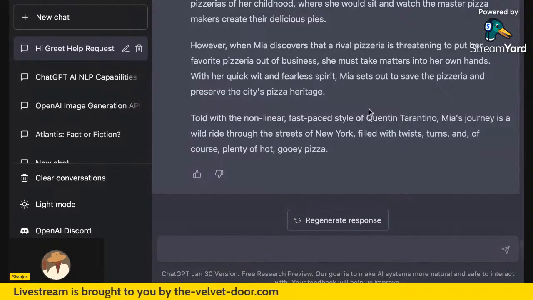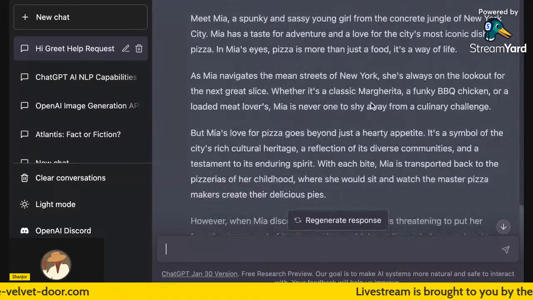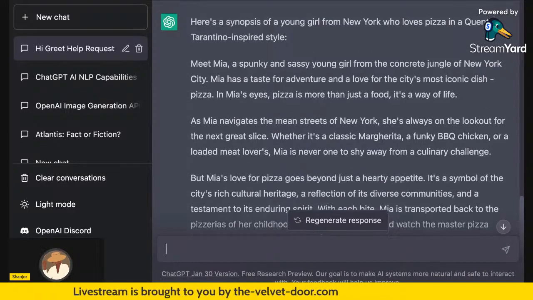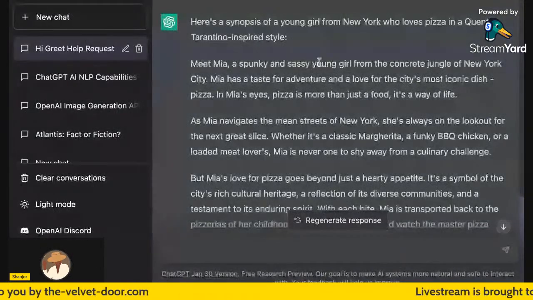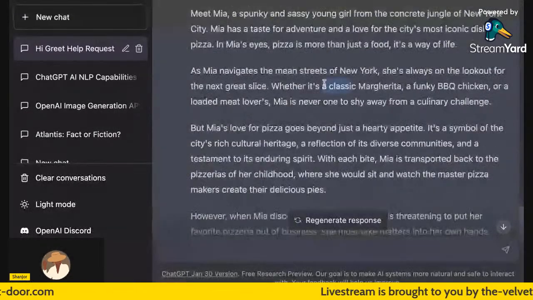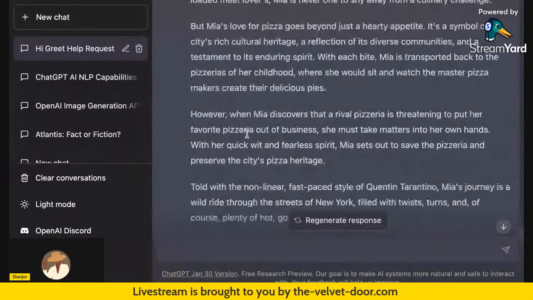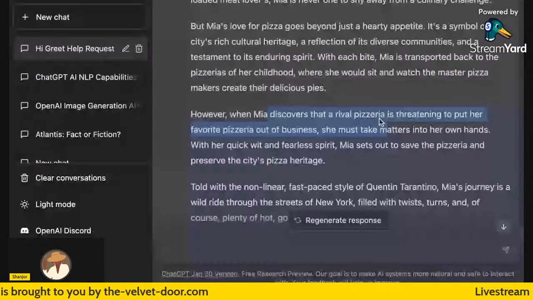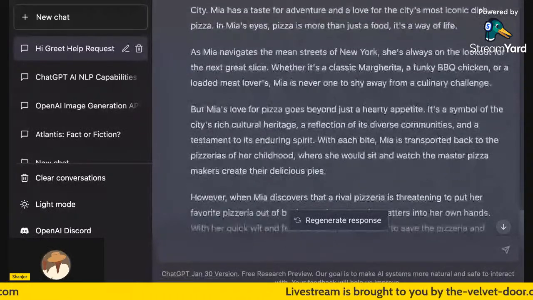Okay. So you guys can see how they literally just made this whole synopsis for either a book, a movie, or whatever, about a young girl. All I had to do was put girl. It gave it a name, right? It went into detail on what type of pizza she might like. It even gave it a full synopsis. So you have a whole story. You have a whole who, what, where, and why going on right here. And that's pretty much true of all AI.